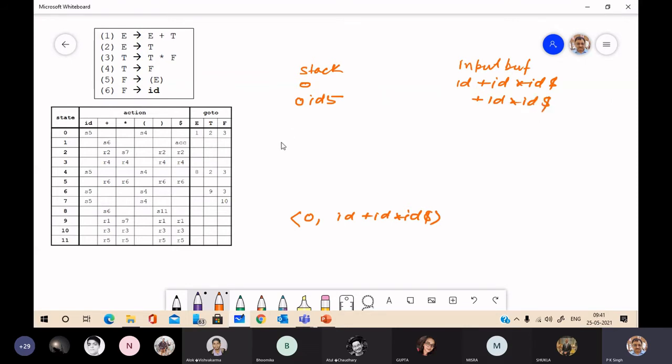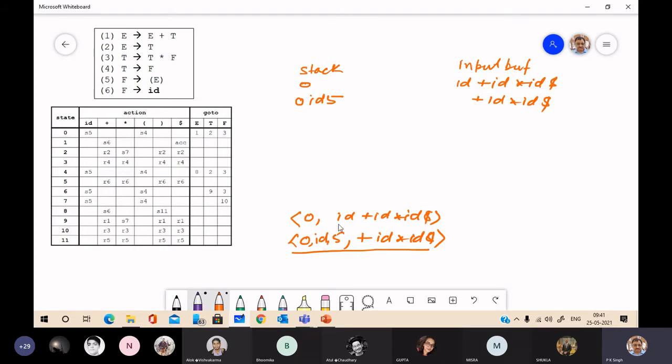After this action, the configuration changes like this: 0 ID and 5, and here plus ID into ID. So this will be the configuration of the parser.